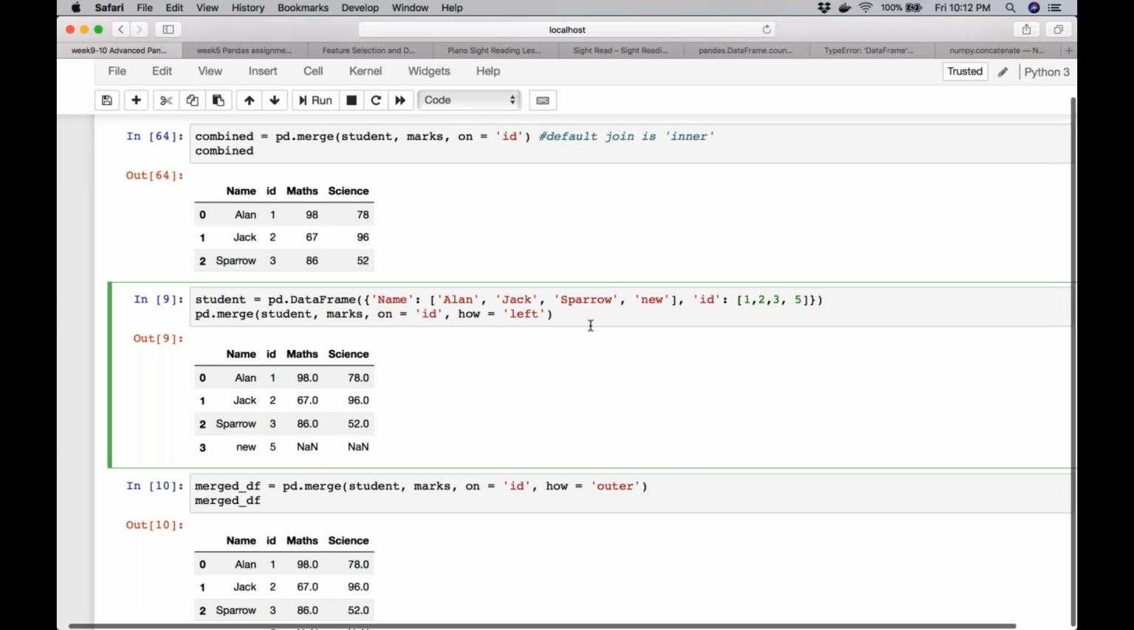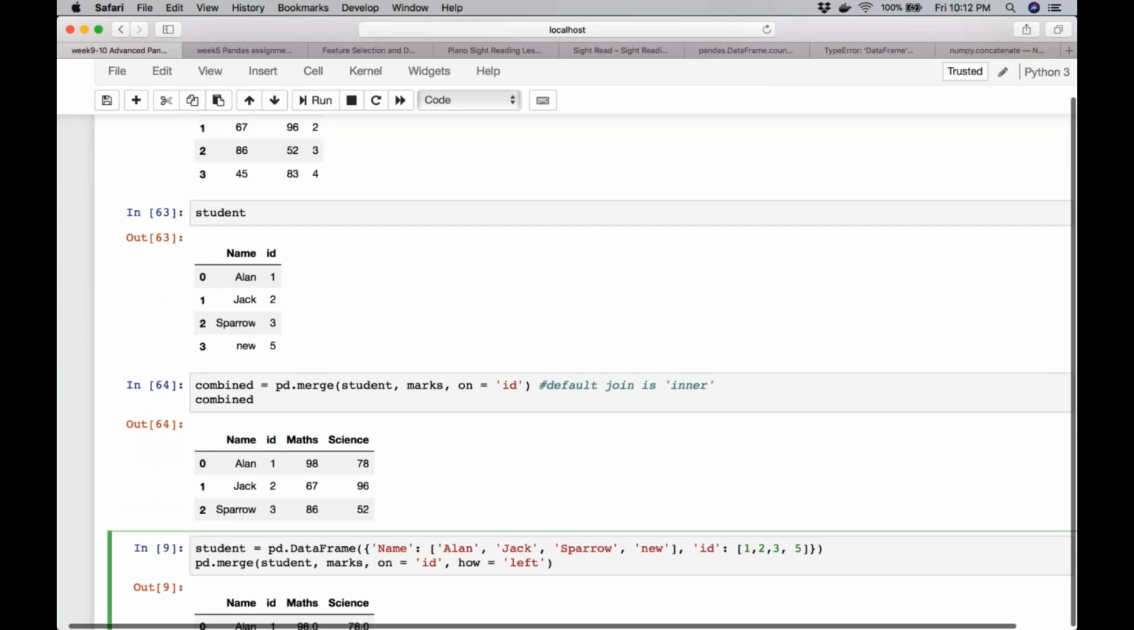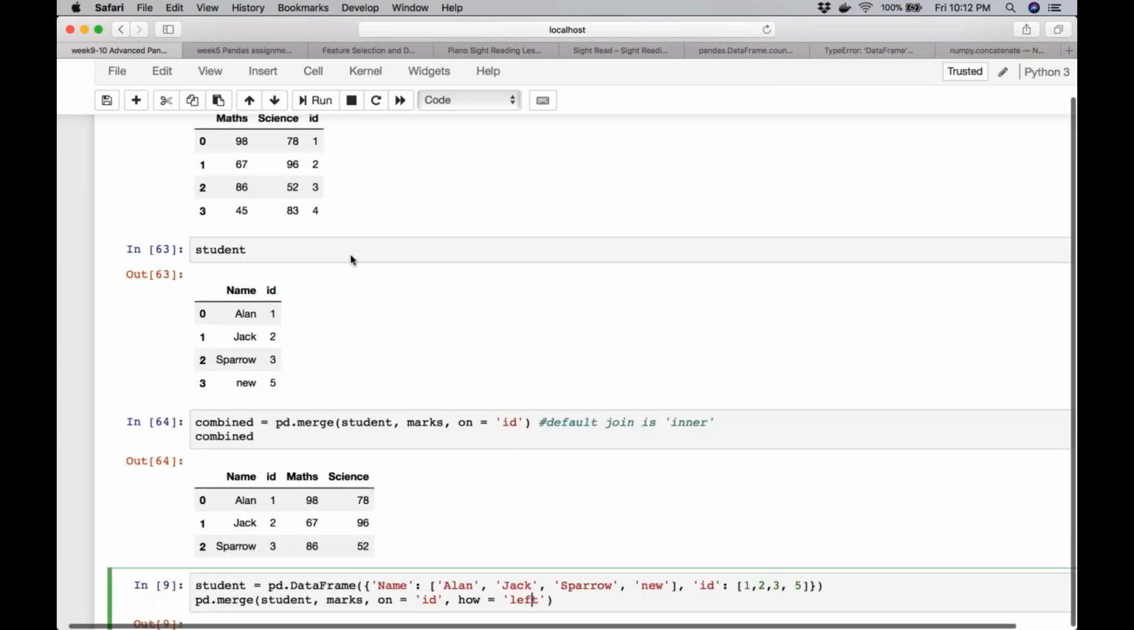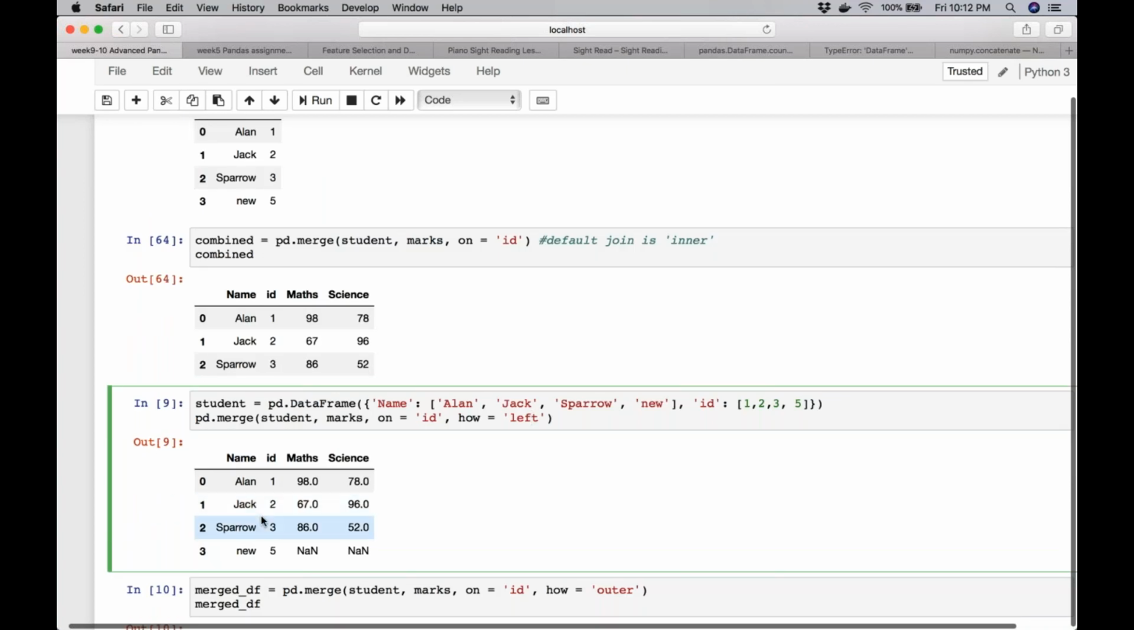What will happen in the left join? So I'm saying pd.merge student comma marks. So this is my student name and ID, and my IDs are 1, 2, 3, and 5, not 4. And then I have marks. So my student is the left data frame, marks is the right data frame. When I say left join, it keeps all the rows of the left data frame, which is student in this case. So all these 4, Alan, Jack, Sparrow, and New, 1, 2, 3, and 5, that remained same,